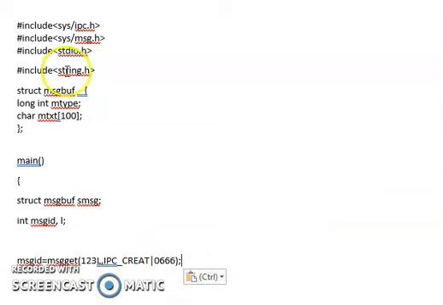So with this key, the message was already created by our previous program. This msgget will help me access that particular message. My job here is to retrieve the message that is already inside the message queue with this key. Whenever I have to retrieve a message, I am supposed to use the system call msgrcv.